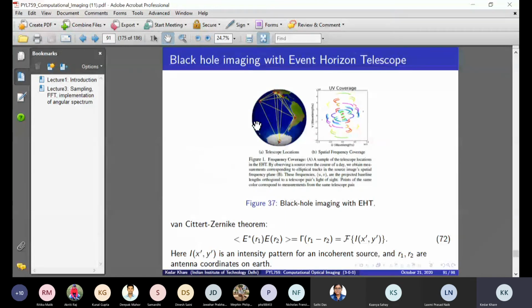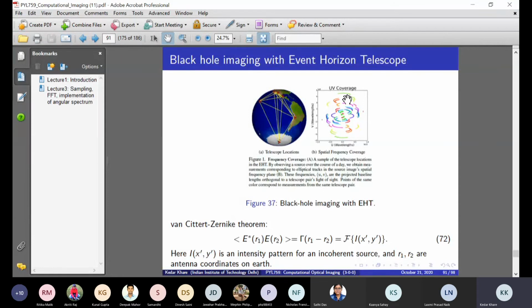See, the placement of these antennas is very important, isn't it? If I had chosen to place all these antennas in such a way that I cannot cover this Fourier space this way, then I will have no way to recover the image. If I just measured a small part of Fourier space very densely, that is not sufficient for me to reconstruct the image. So spreading out the antennas in such a way that I can get this data, the consideration of why this was done is mainly because I can get more frequency coverage, but at the same time, there is a belief that if you have this kind of data, then image reconstruction will also be possible.